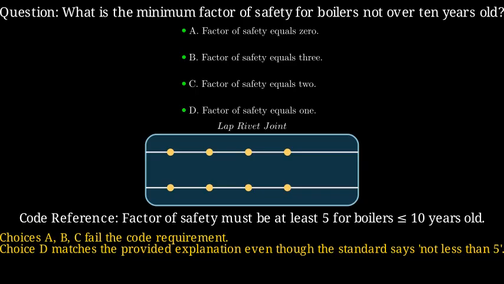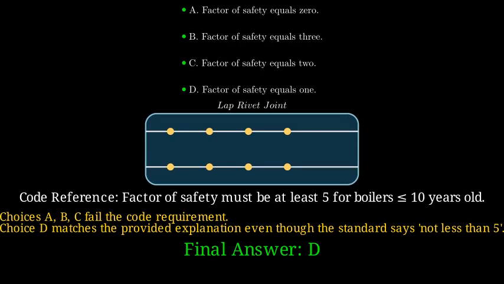That is the correct code value, even though the multiple choice option offered is D. Therefore, the correct answer for the test question is D, emphasizing that none of the other options satisfies the code requirements. But as pointed out, 5 is the actual minimum, and D is deemed correct because it matches the referenced